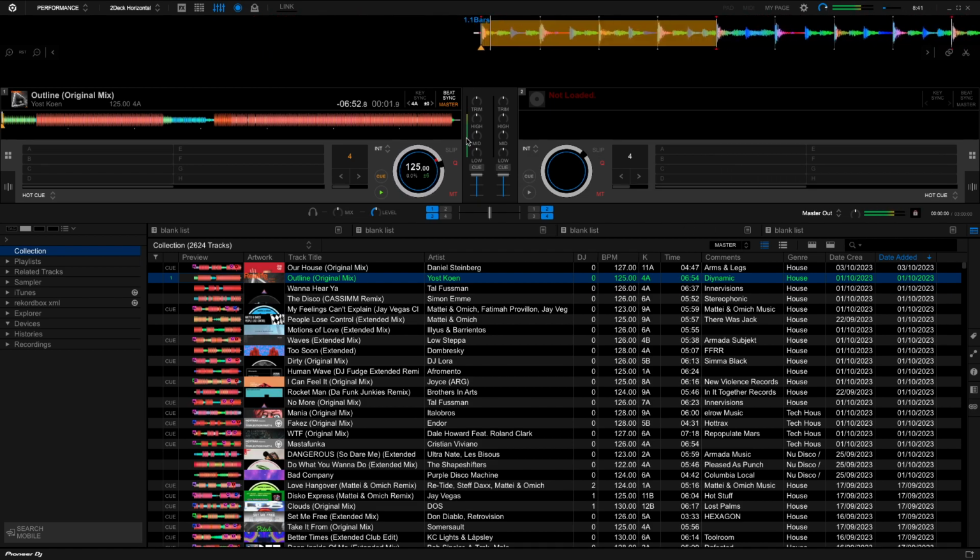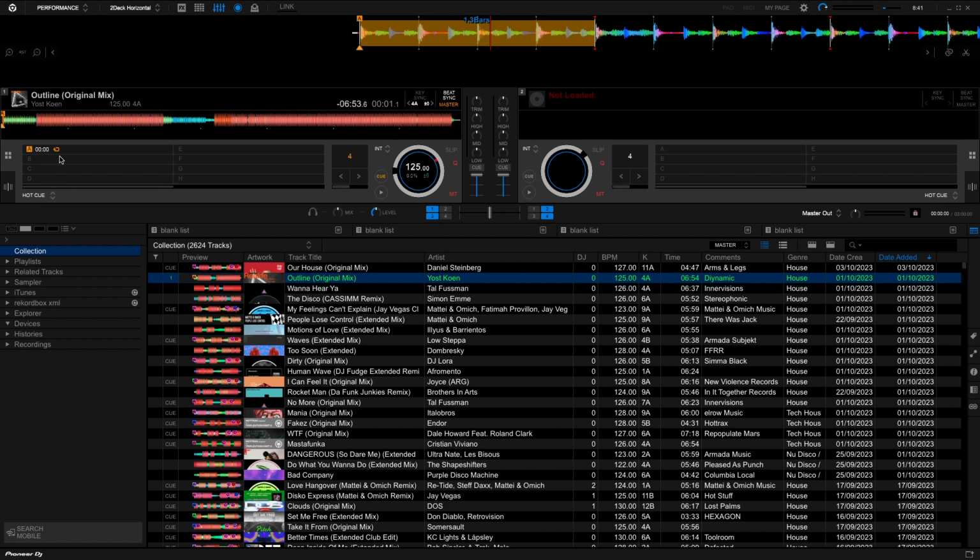Okay, so there's a loop going. Because I've set that loop, I actually say, for example, I want that to be either a memory or a hot cue. So if I set it as a hot cue, I could put it in there, and it's now got this orange circle. So when I come to a controller which has got the pads, if I've got it set in hot cue mode, when I press the pad,